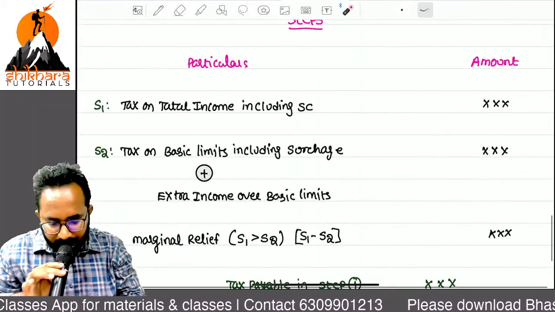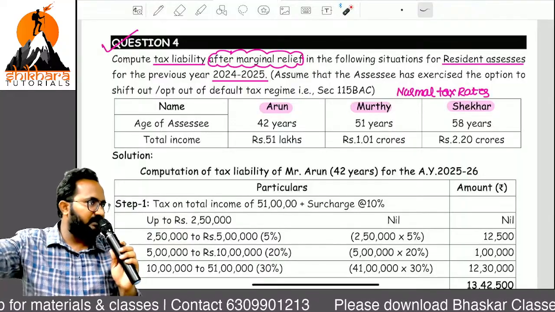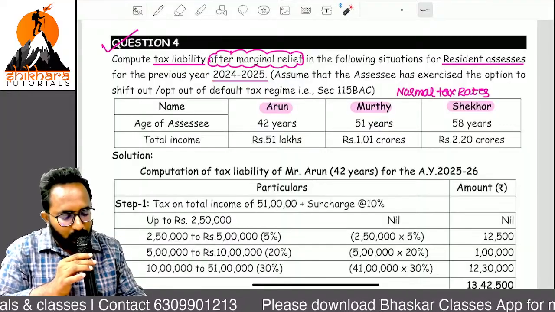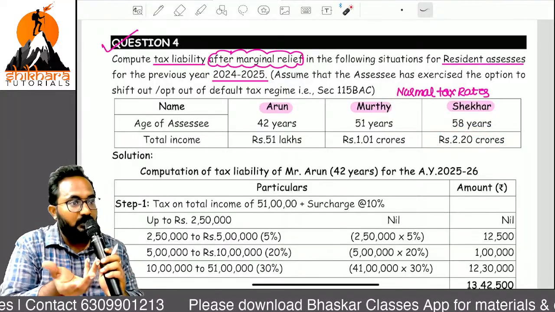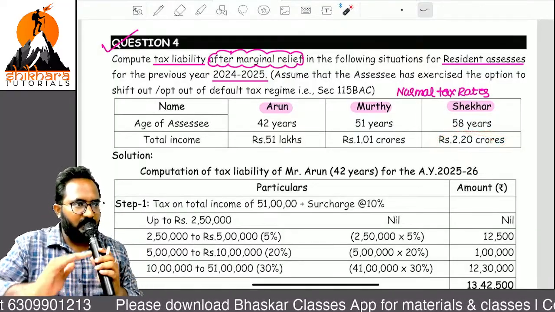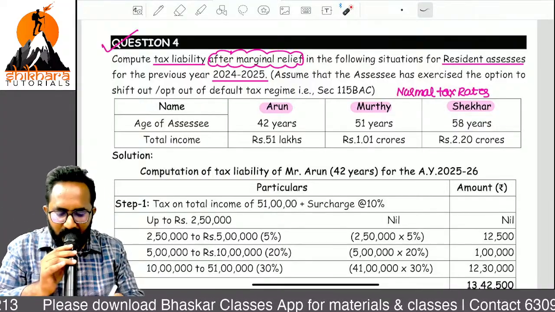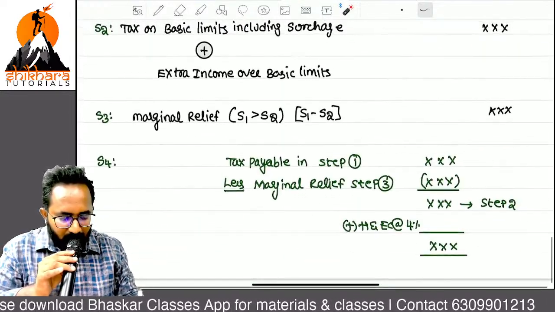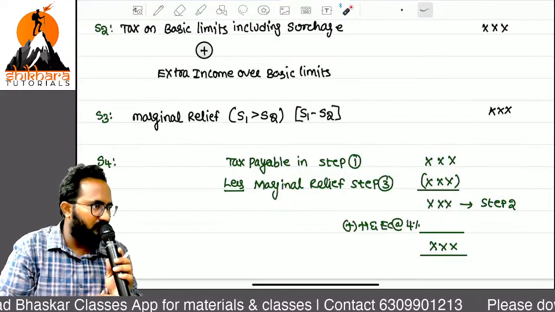But last, ma, Shikhara case, yesterday we discussed in our handwritten content also, 2 crore 20 lakh. But I have doubts, sir. Maybe this fellow also can get marginal relief or not. So please solve these steps. If step 1 is more than step 2, we can get marginal relief. Otherwise, there is no marginal relief. So if there is no marginal relief, here you have to put it as what, ma? 0. Then the solution will become very easy.